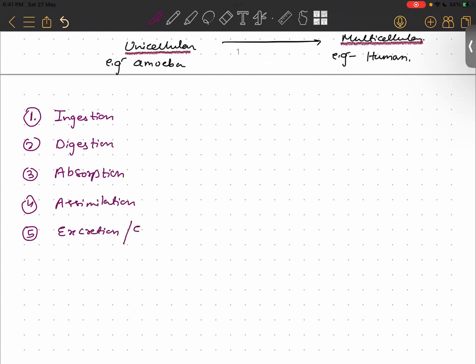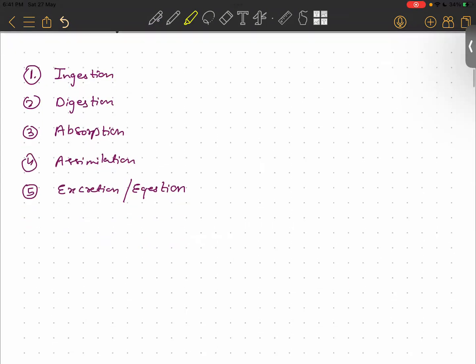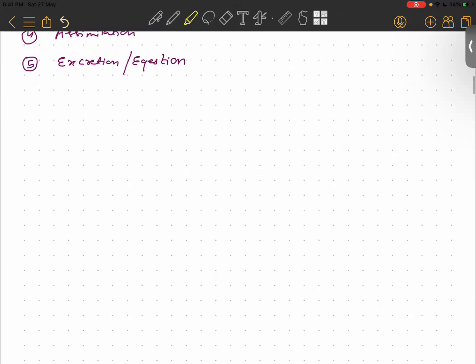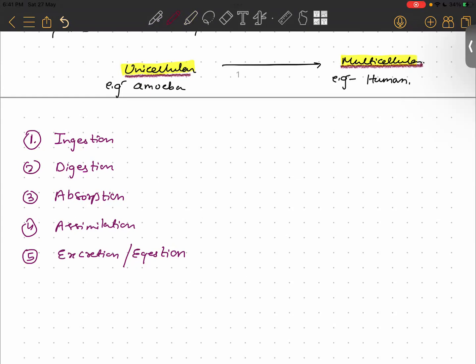Excretion slash egestion. Okay. So whether we talk about unicellular or multicellular organisms, the food goes through these steps in the body. Food has to go through these steps, right? Okay. Now, if we were to define each of the steps in one line,